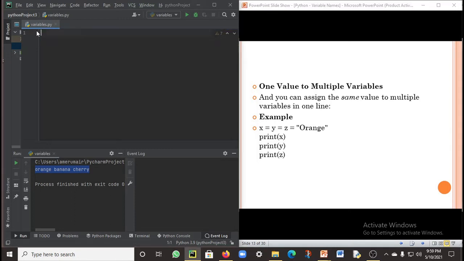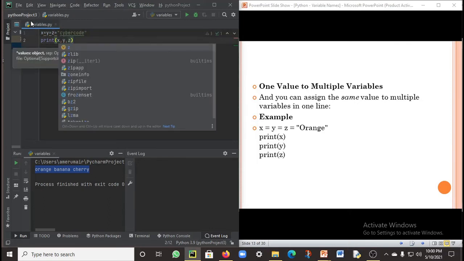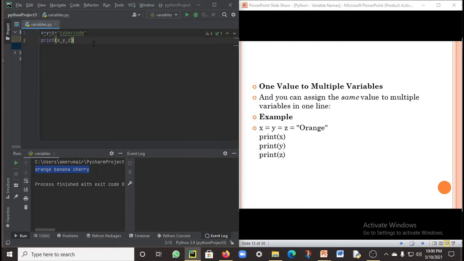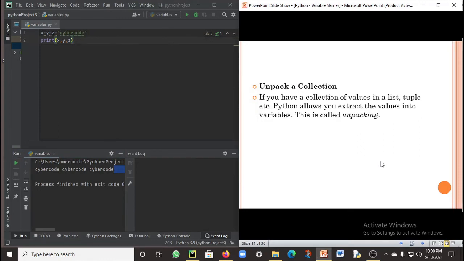So all the variables have the same value. Now I am so lazy to type all separate prints, so I'll just type it like this, and you can see in the output I have got cybercode three times. So this is how one value is assigned to multiple variables.